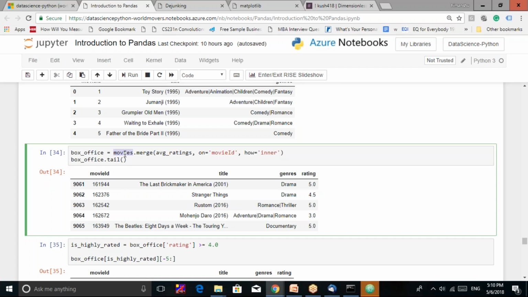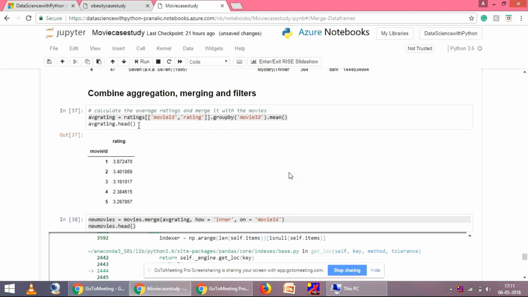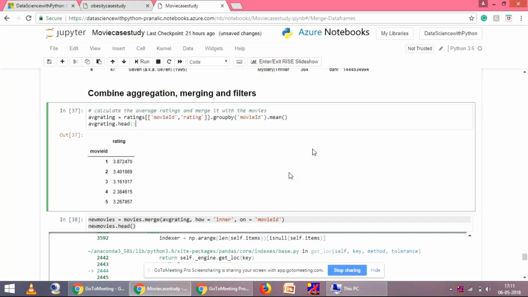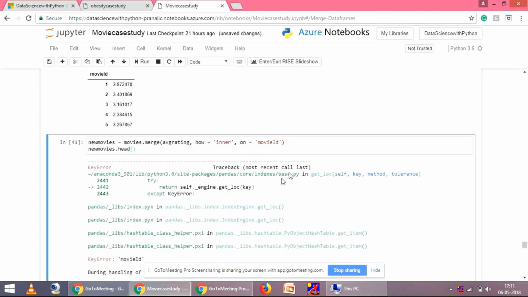एक सेकेंड। मूवीज डॉट मर्ज एवरेज रेटिंग्स ठीक है, हाउ इज इनर ऑन। नहीं, कोड में तो कुछ गलती नहीं है। वेट, आई विल मेक यू द प्रेजेंटर। आराम से, ये प्रिंट करो एक बार। ठीक है। देन न्यू मूवी, मूवीज मर्ज एवरेज रेटिंग, जब इसको एग्जीक्यूट कर रहे हैं तब ये एरर आ रहा है। स्क्रॉल डाउन करो। की एरर मूवी आईडी, नीचे ड्यूरिंग हैंडलिंग।